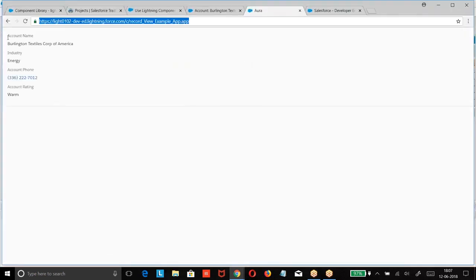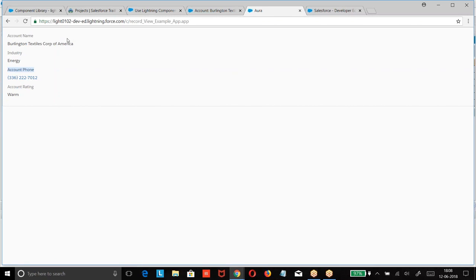So this is how we got the data: account name, industry, phone number, right boss? Now what we are doing, this is a view form. I can also generate this form in the form of edit. Okay. Now look at the second one.